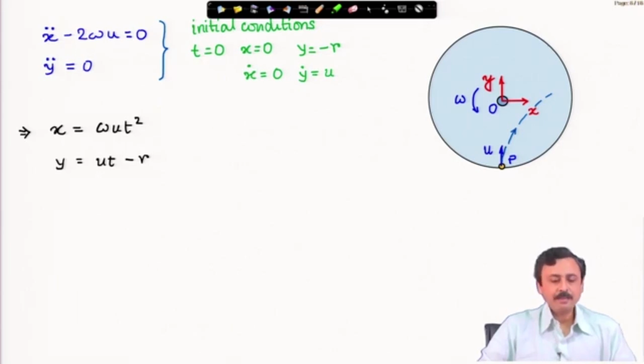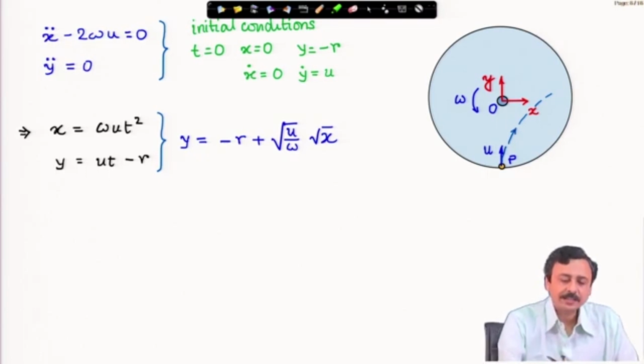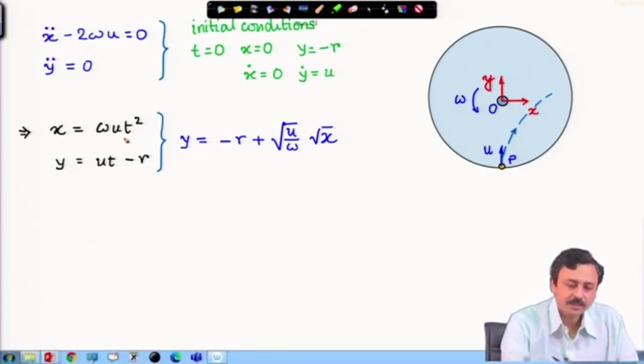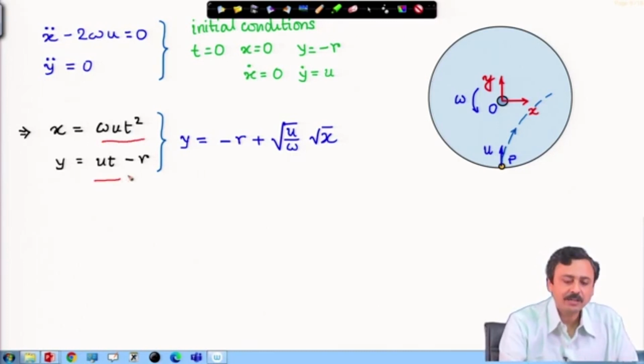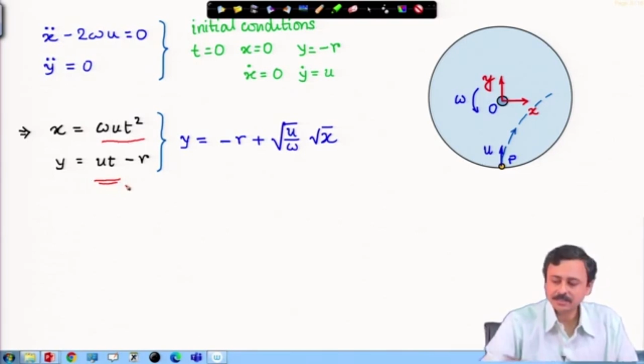If I eliminate time between the two, how will I eliminate? I will solve time from the first equation and substitute in the second. I will get the equation of the path, and this shows that y changes as square root of x. In other words, there is a parabolic relationship. You should first notice that as time progresses, x increases and y initially reduces, because it starts from minus r, or rather it increases in a way. So, y increases like this,